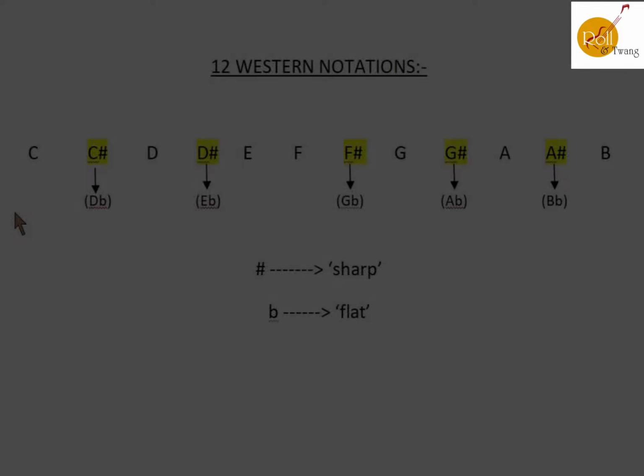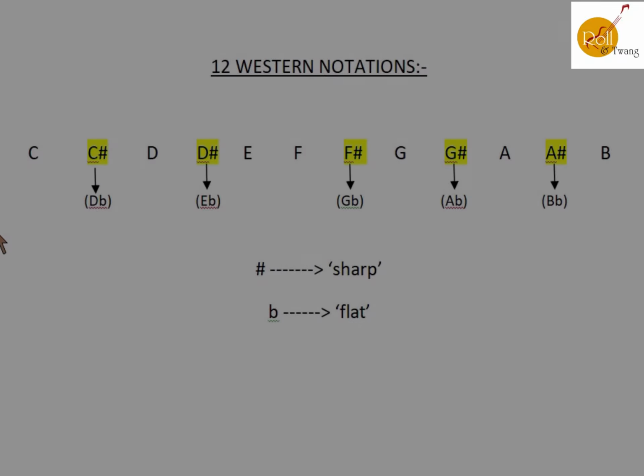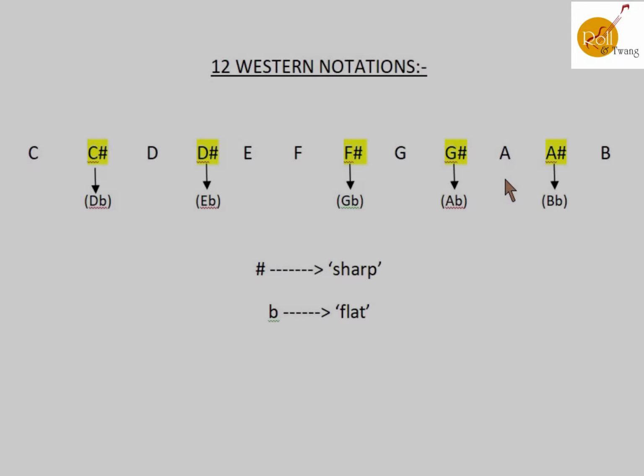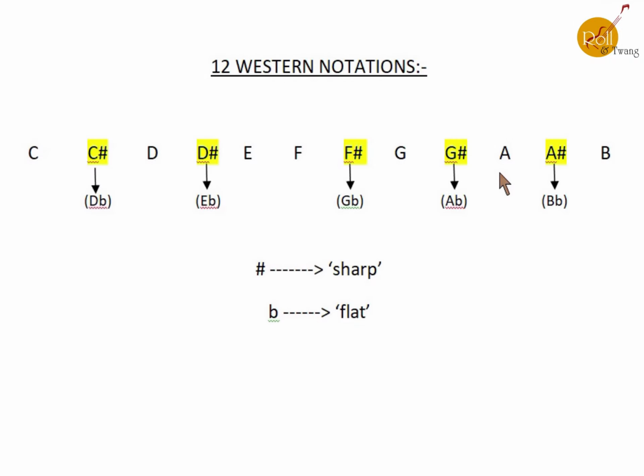So these are the 12 notes in music. Now, if we start from note A, there will be a total of 7 natural notes, that is A, B, C, D, E, F, G, and you can see this hashtag type symbol. It is called a sharp in music. You can see that every note has its sharp note. C has a C sharp, D has a D sharp, F has an F sharp, G has a G sharp,